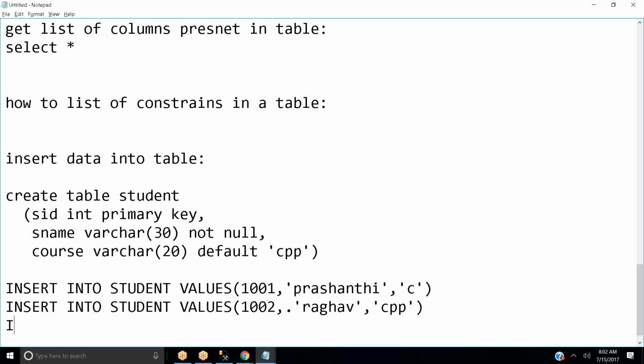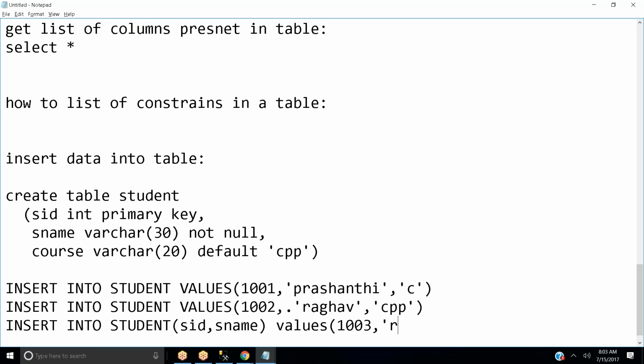So for that, what I'll do is insert into student. Which columns do you want to insert right now? SID, SNAME, and values. What are the values? 1003, say Richard.